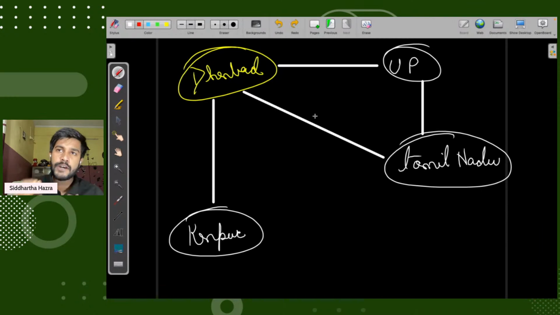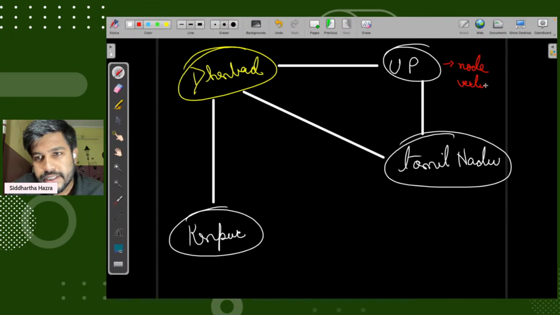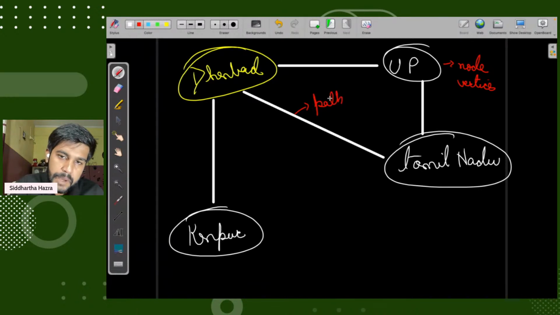This is because graph-specific problems do require the use of terminology, like vertices, path, nodes and all. So this is referred to as node or vertices. This is referred to as path or edge. Please remember this by heart.